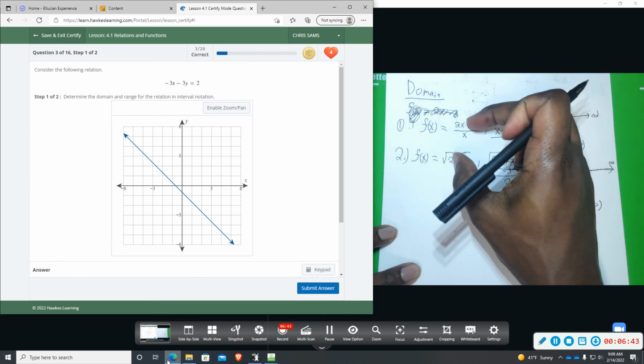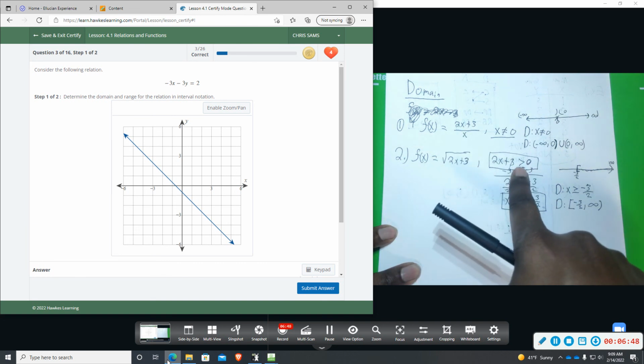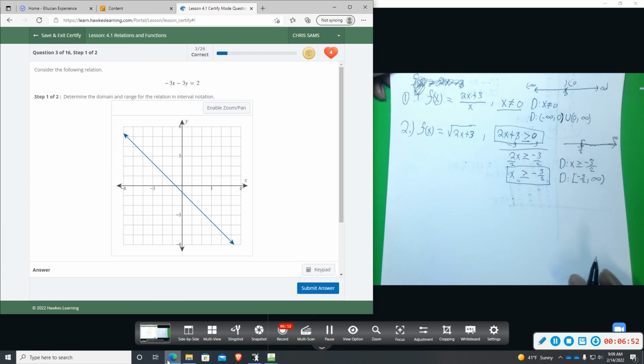And sometimes you can have both of these. You can have a square root on the bottom, which means you have to get rid of equal to. It just has to be greater than 0. If we see that one, we'll talk about it. And then case 3,